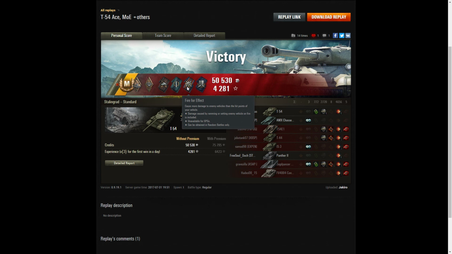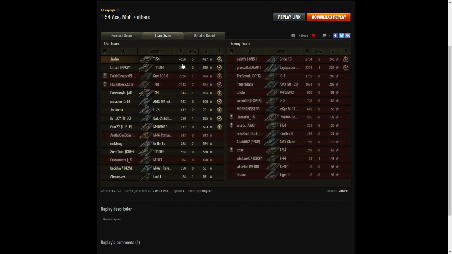Got a fire for effect for doing more damage than the hit points to his own vehicle, and a shell proof for blocking more damage than the hit points to his own vehicle. But sadly, I'm afraid there was no other medals in that game, even though he was the most mobile member of the team here in the game. Look at that. Highest damage,